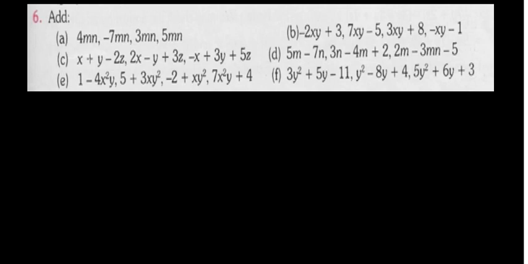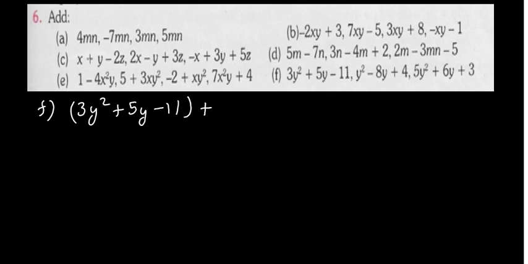We completed 2 parts of question number 6 yesterday. I will do one more part, F part. We have to add the given set of algebraic expressions. So question number 6, F part. How so? First of all, we will write down the algebraic expressions with the positive sign in between them in their addition form.